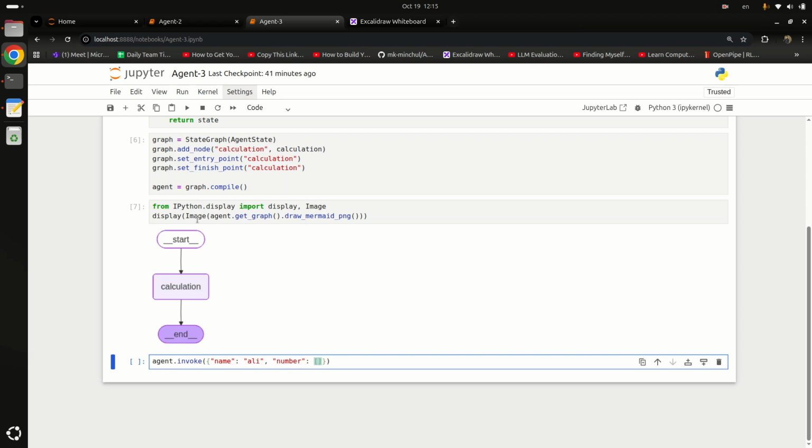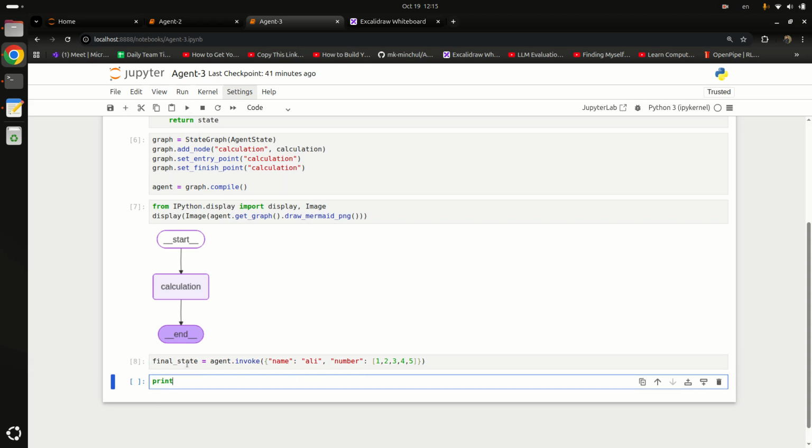Numbers are a list of values, that is 1, 2, 3, 4 and 5. And let me store the final state in final state variable. Let's run it, and let's print the final state.